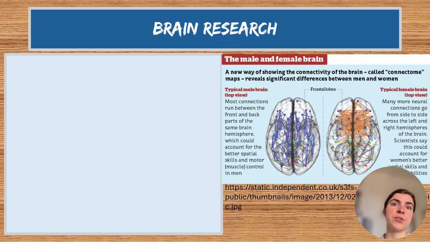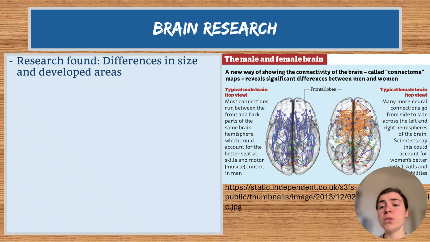Another area of research related to gender essentialism is brain research. And I found you this wonderful picture, which I find more or less wonderful because it claims that you have the male and female brain and that they are very distinct and that they have different connectivities, basically, which are signified by those blue lines. This picture claims that we have a difference and that men are better at this and women are better at that based on their brains. And so this would actually try to support this essentialist notion of brains are different, the biological features are different, and this is why we have men and women.